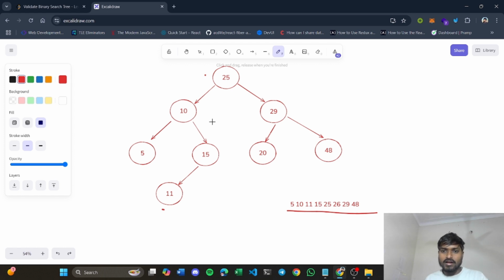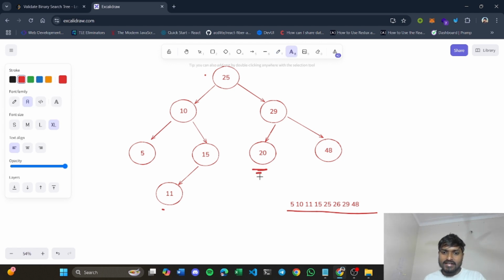So to counter this problem, we will use the approach of range, right? So we will define a range for each node. Let's say for 20 here, for 20 to satisfy this condition, 20 should be in a range of 25 to 29, which means whatever value comes here should be greater than 25 and lesser than 29.